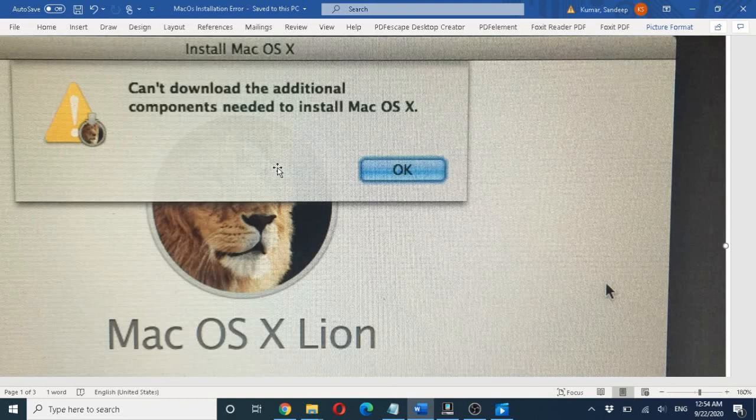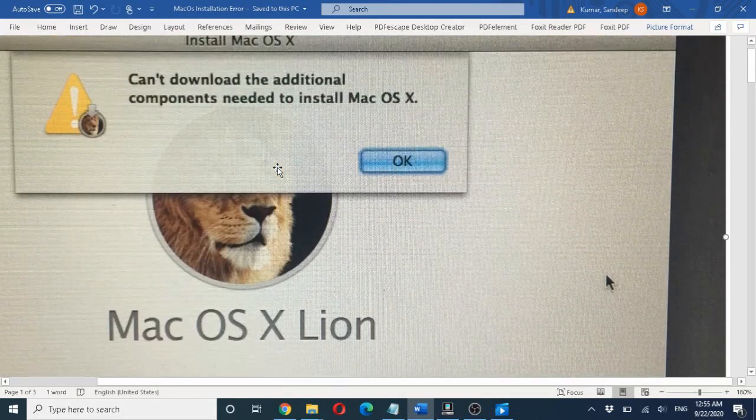If you do not have any other Mac or any other Apple device and you just have a Windows computer, and you also have a pen drive or hard disk of at least 4 GB or 8 GB or more, then you are good here. We can make that external hard disk or pen drive bootable and install using that pen drive. It is very easy, so you don't need any other Mac or Apple devices. You just need that pen drive.